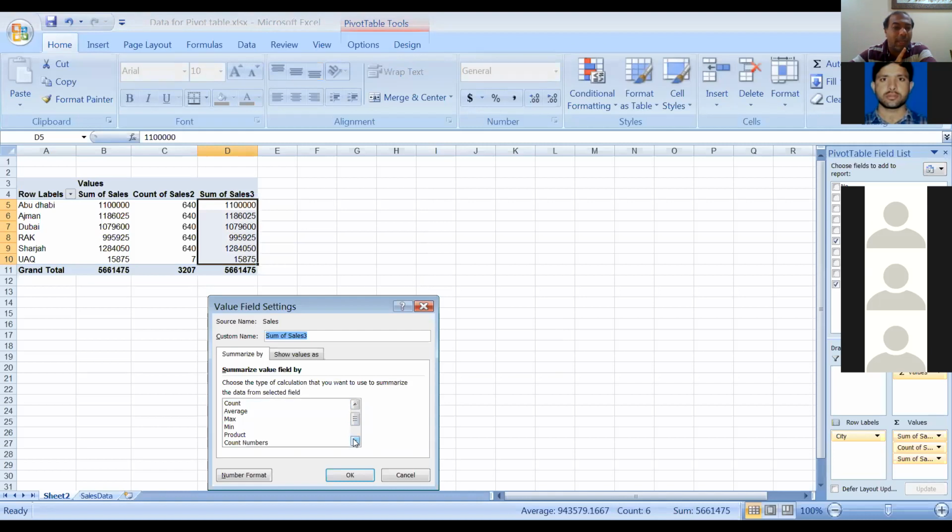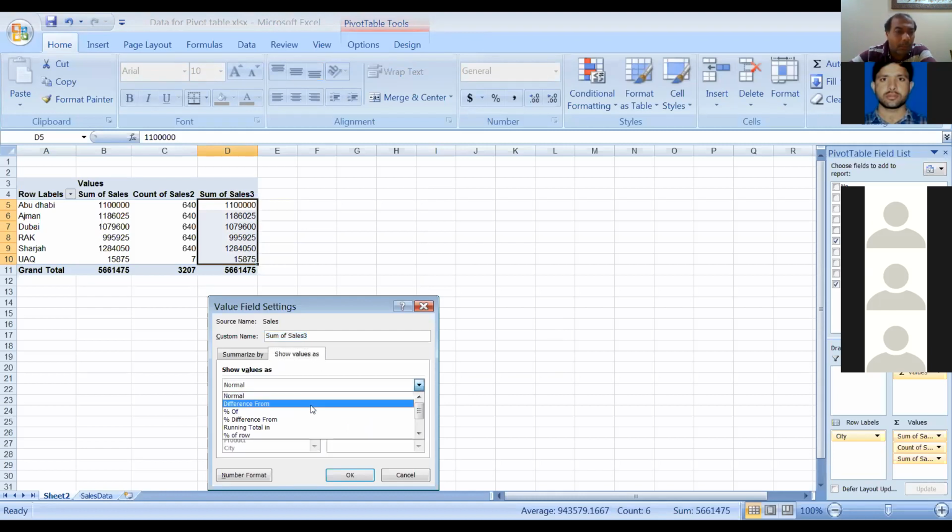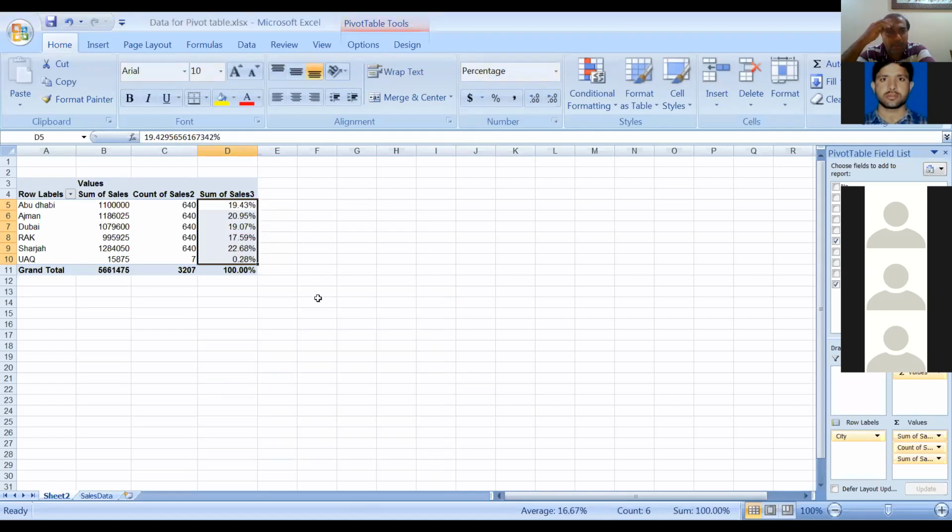No, no, don't go there. Show value as. Go up. You have the show value as option. Click on that, normal, and click on percentage of total. Go down. It will be down because I used this many years back. Yes, correct. Okay, got it. So your problem is also solved. So Vishesh, you will also do the same. Okay, Avinash, you will also do the same.